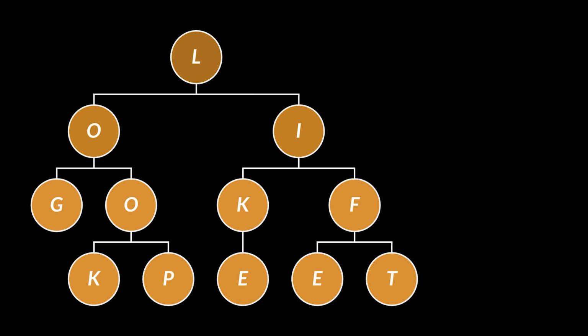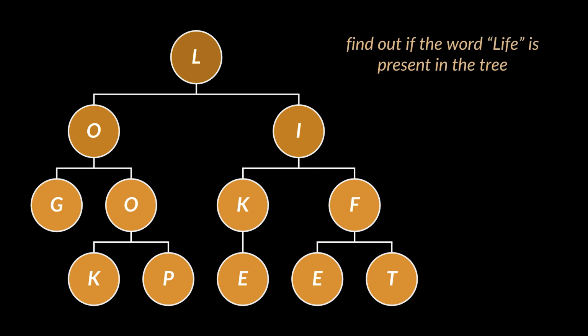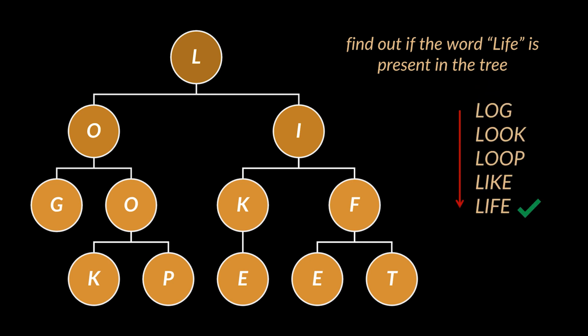Okay, let's try to visualize this concept and suppose we are given a set of words represented in the form of a tree. The tree is formed such that every branch ends in a word. Our task is to find out if a given word is present in the tree, so let's say we must search for the word life. A very brute way would be to DFS all the paths, find out the word corresponding to each path and compare it with the word life. We'll keep doing this until we find the word we are looking for.